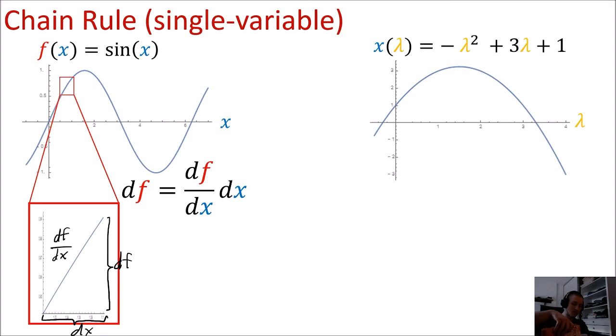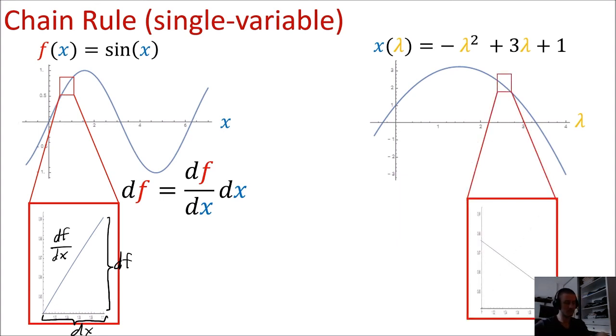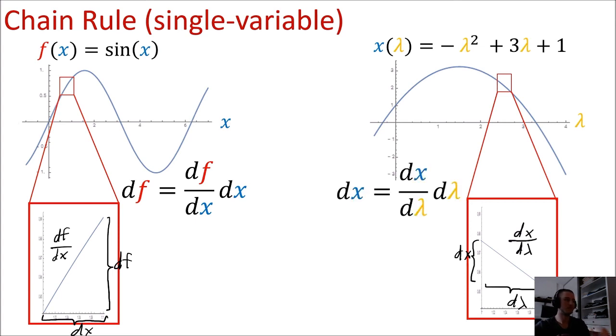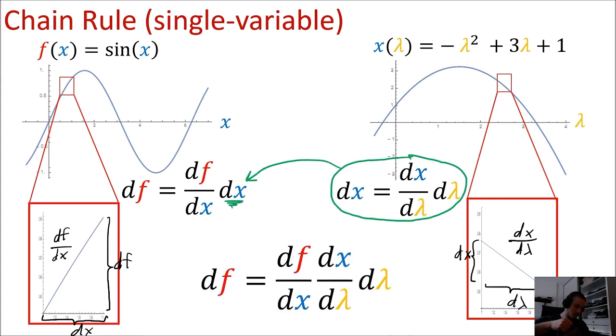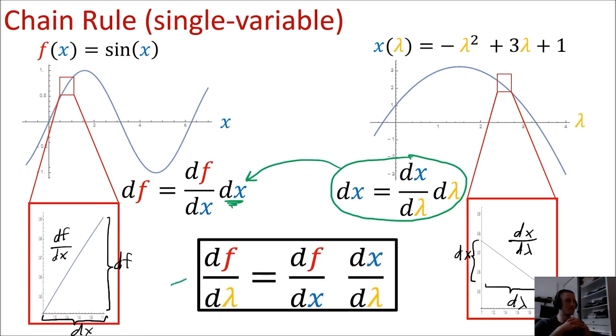Similarly, if we have a function x of lambda, when we zoom in, the function looks like a straight line, with a width of d lambda and a height of dx and a slope of dx by d lambda. We get the relationship that height dx equals dx by d lambda times d lambda. If we sub this formula in for dx in the first equation, we get that df equals df by dx times dx by d lambda times d lambda. And if we divide both sides by d lambda, we get a formula to compute df by d lambda using the product of these two derivatives. This formula is what lets us take the derivative of nested single variable functions, and is called the single variable